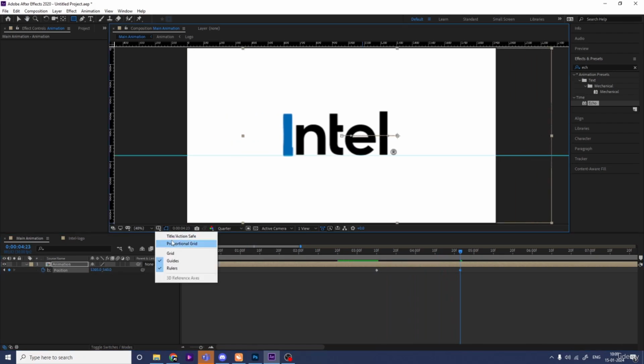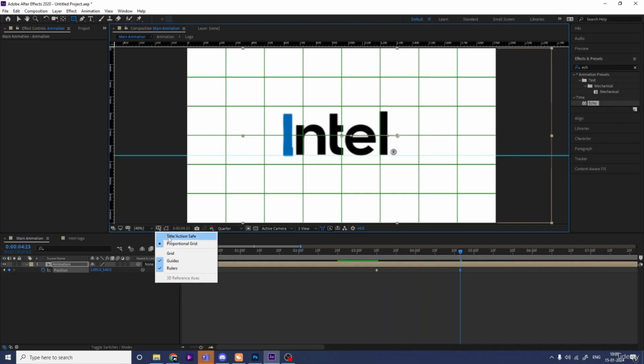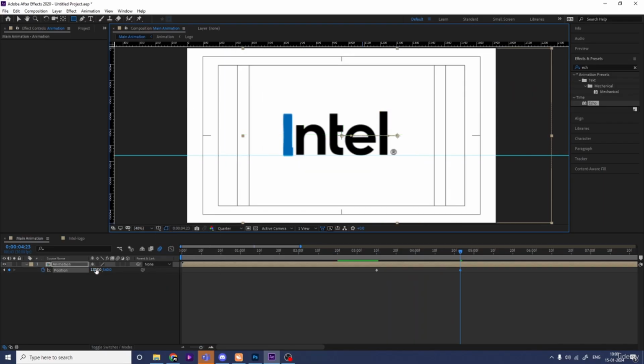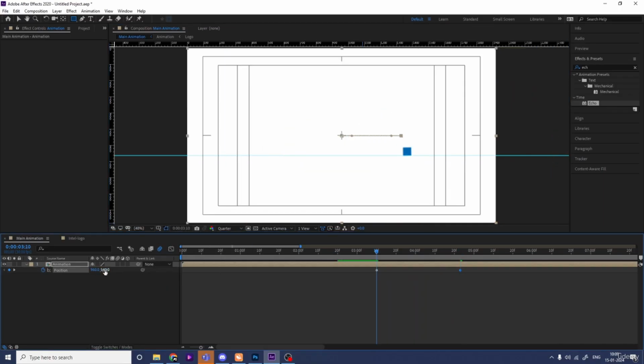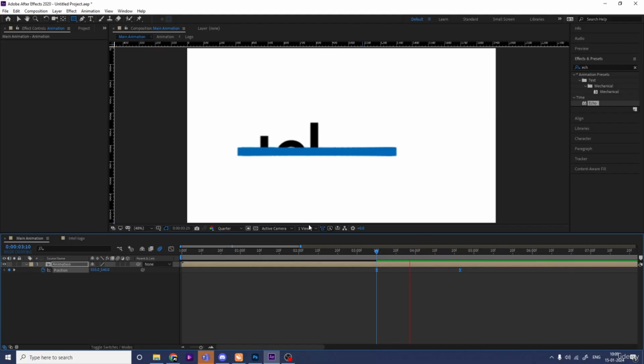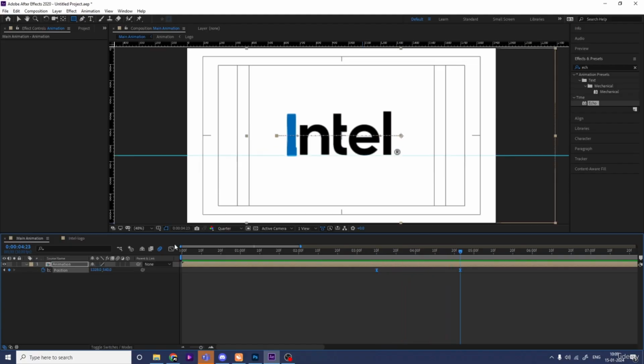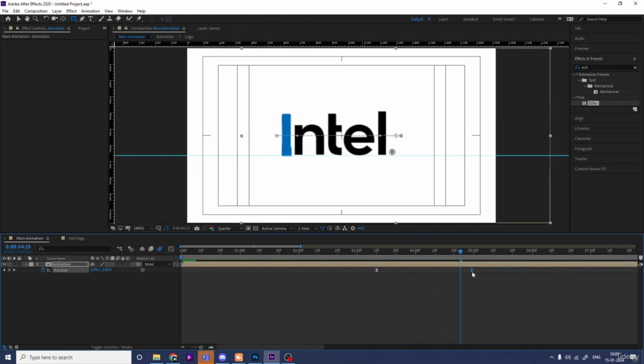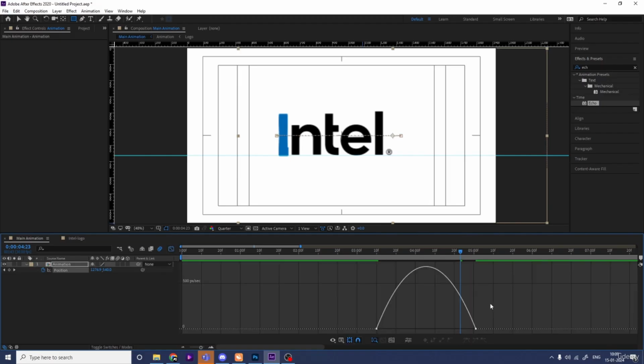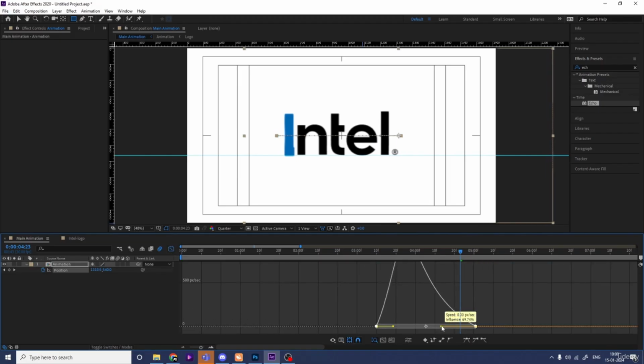So let's enable this title safe action. It should be at the center, and at this point, let's move this over here. Okay, select those keyframes and hit F9. So if you see, we will get something like this. Let's move this over here, select those keyframes, go to the graph, select this by holding Shift, move this handle over here and move this handle over here